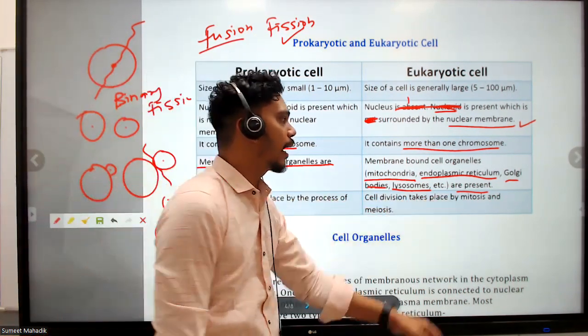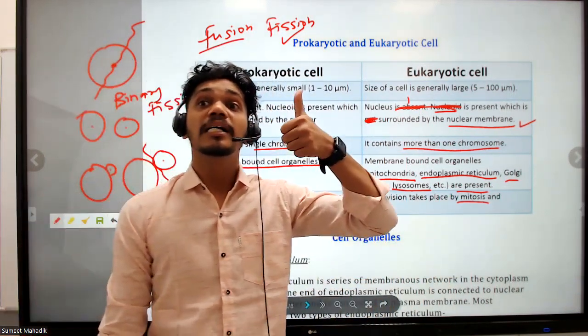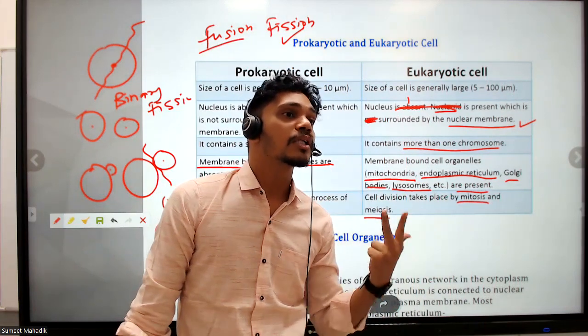In eukaryotes, cell division takes place by the very complex processes of mitosis and meiosis. In mitosis we get the same number of chromosomes. In meiosis we get the